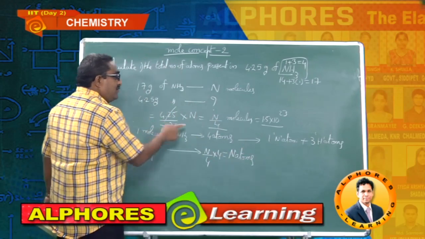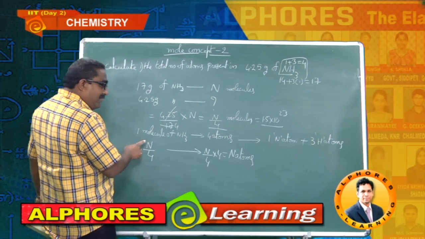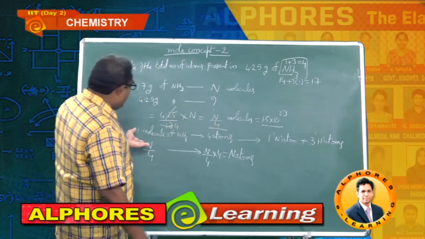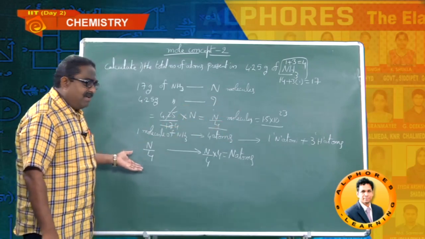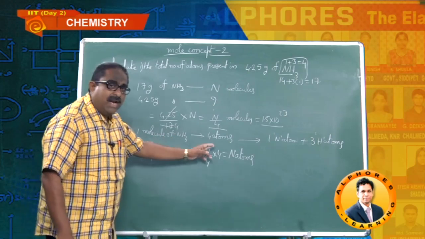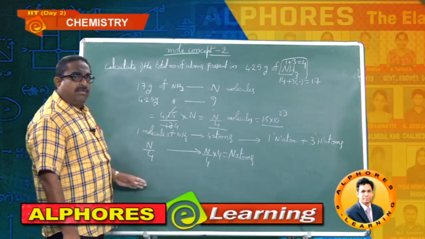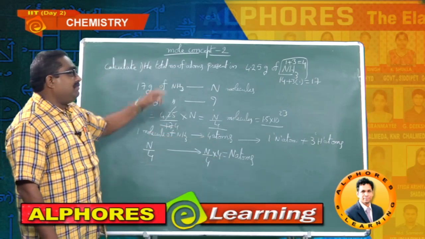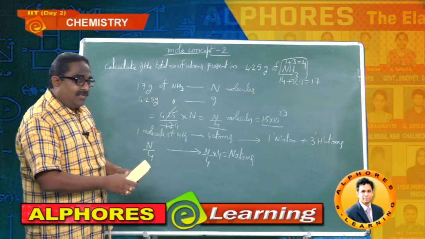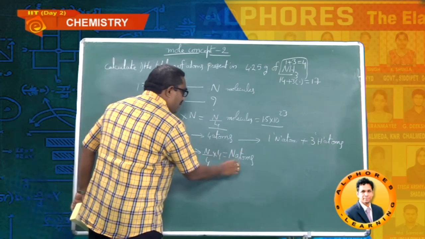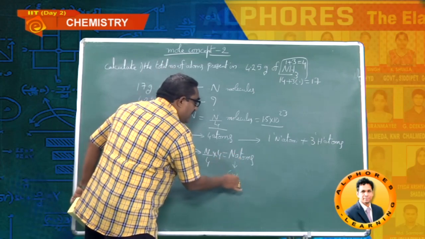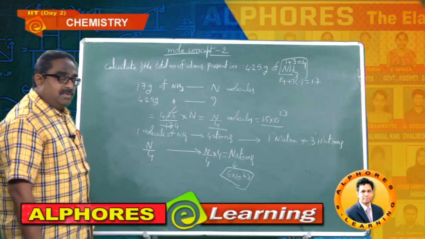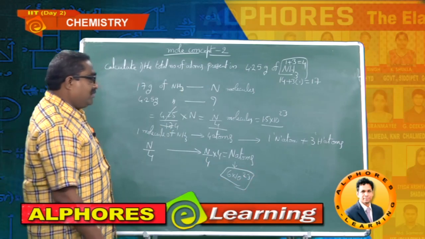1 pen, 4 rupees. 1 by 4 pens, 1 by 4 into 4, 1 rupee. 1 pen, 5 rupees, 4 pen, 20 rupees. Just like that, the simple common sense we have to use. Very easy this is. 1 molecule, 4 atoms. N by 4 molecules, N by 4 into 4, that is the total number of atoms present in that sample are N atoms. N number of atoms, you know what is number of N? That is 6 into 10 power 23. Either you can report the answer in N atoms or simply 6 into 10 power 23 atoms, right?